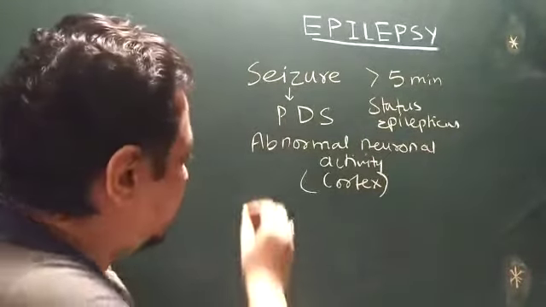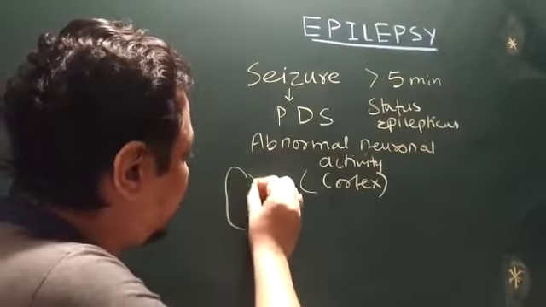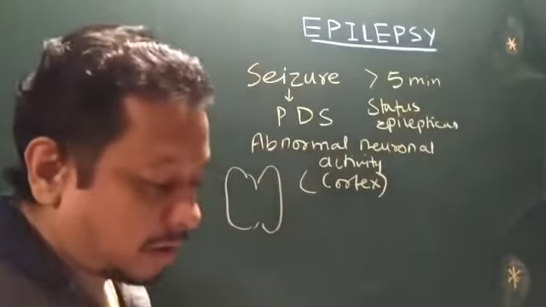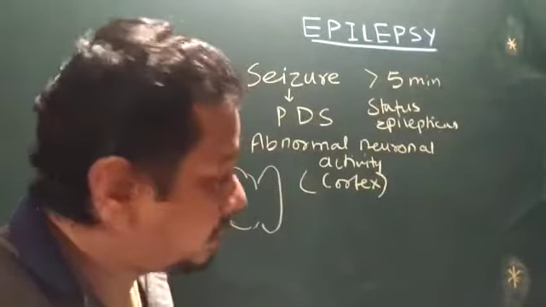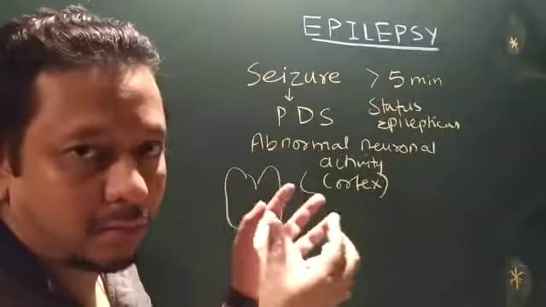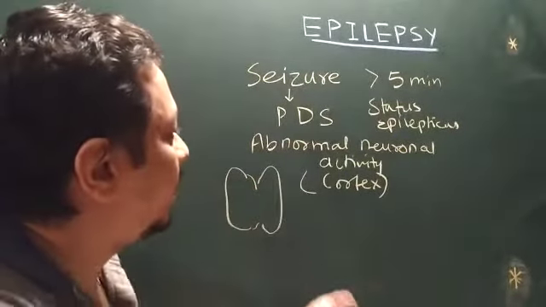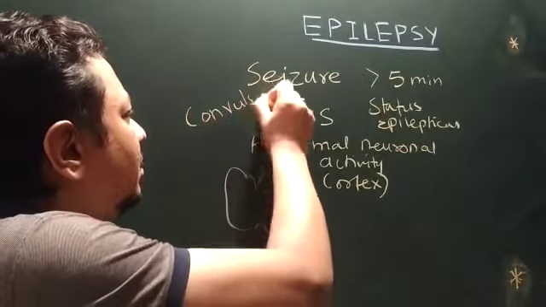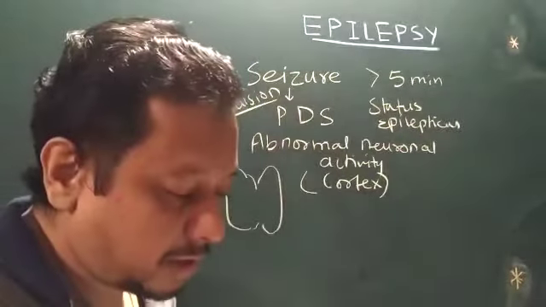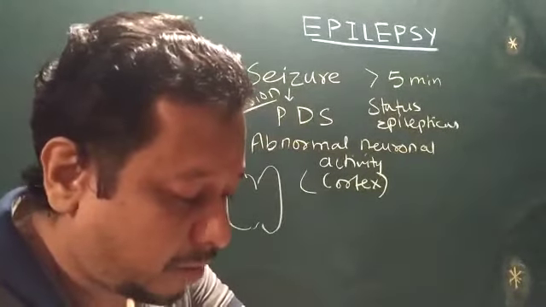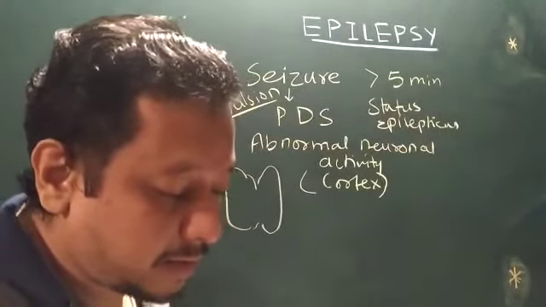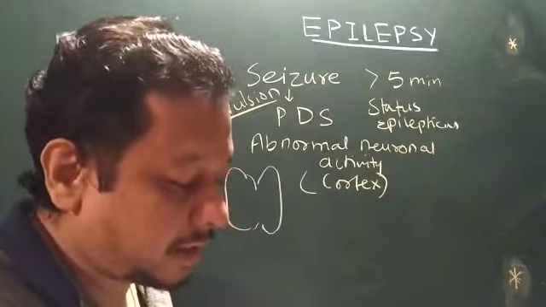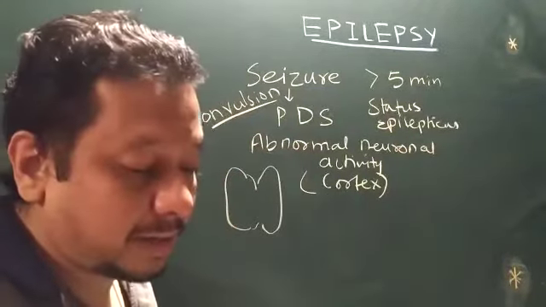Now, as you know, the brain has two hemispheres, if it is a top view. When the seizure affects one part of the brain, it is associated with convulsion. What is convulsion? A convulsion is a medical condition where the body's muscles contract and relax rapidly due to seizure. So that means the muscle contraction becomes rapid.